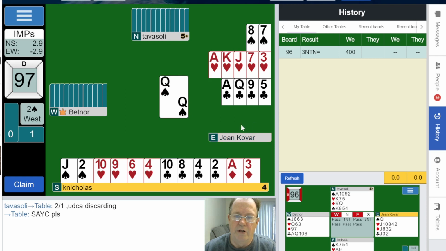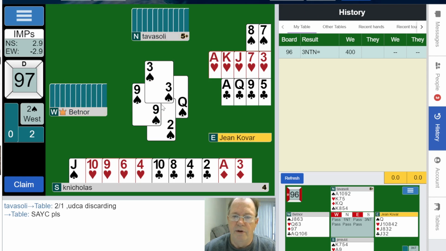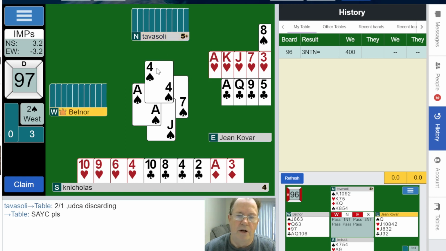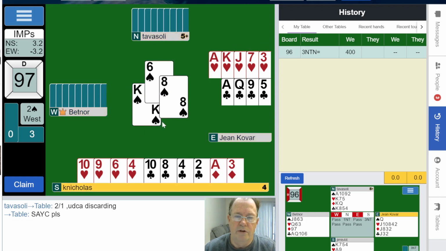All right, one diamond got trumped. One heart I can't, queen of spades I can't beat. So that's 5 trump out. And 6, 7, 8, 9 trump out. 10, 11, 12 trump out. And